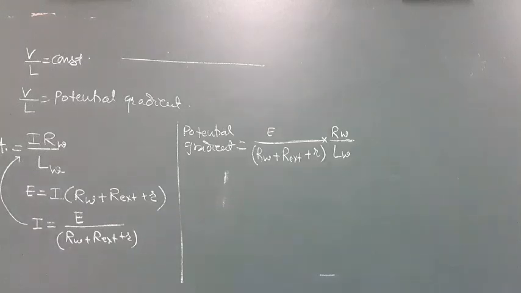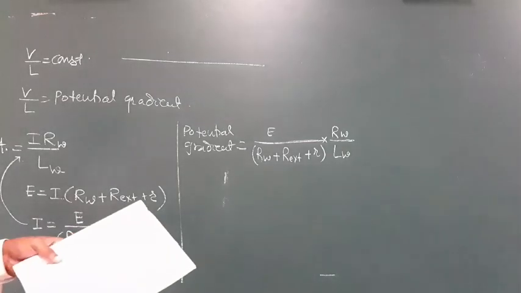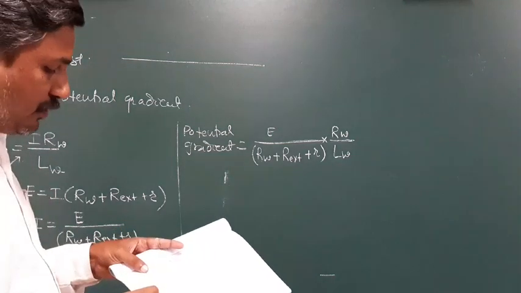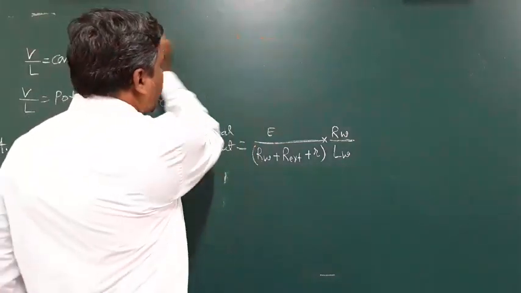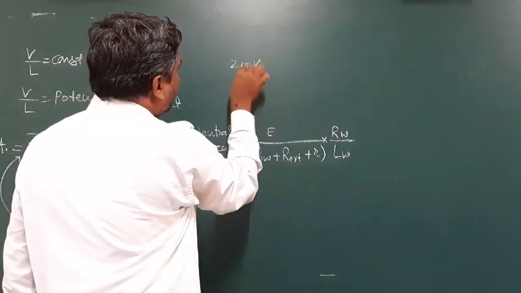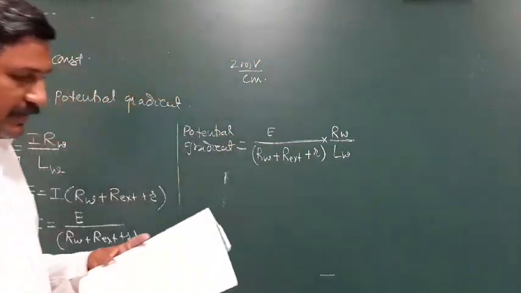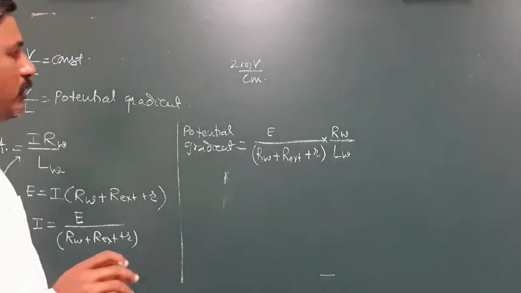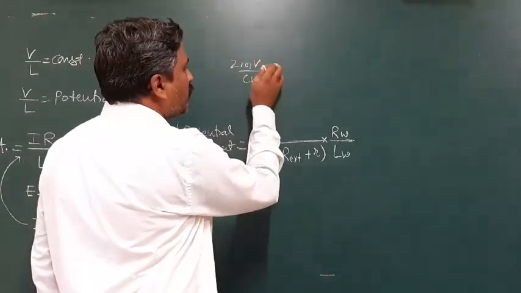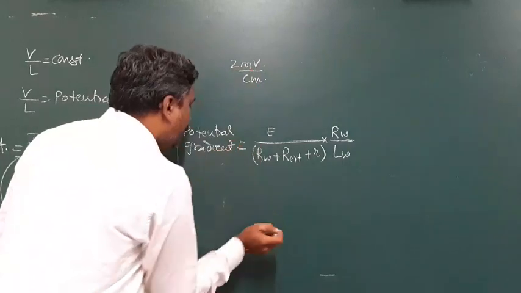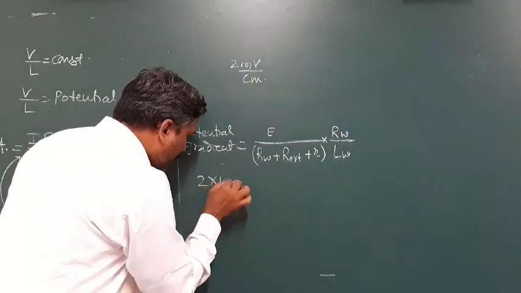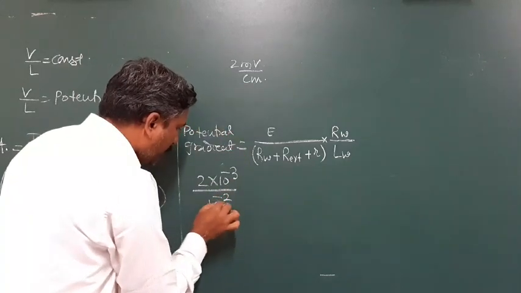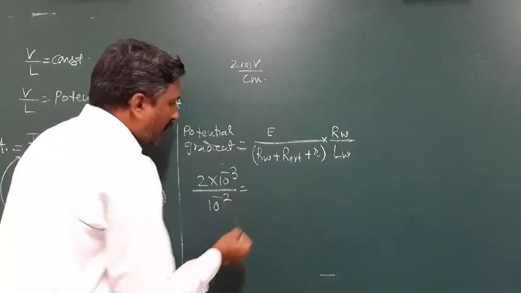Now we see the third example. Directly we substitute the values. A potentiometer having a potential gradient of 2 millivolt per centimeter is given. We convert this in terms of SI. So millivolt is converted to volt, it becomes 2 into 10 raised to minus 3, and per centimeter to meter, so it becomes divided by 10 raised to minus 2, equals